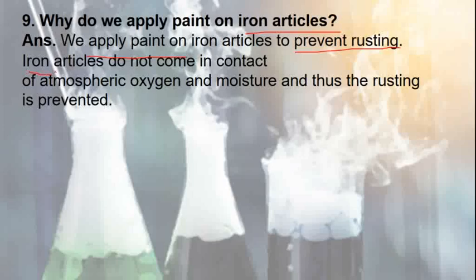So how to prevent this? It is prevented by applying paint. This paint will not react with any moisture or acids around it. Due to that, iron articles are coated with paint. So we can say that iron articles do not come in contact with atmospheric oxygen and moisture, and thus